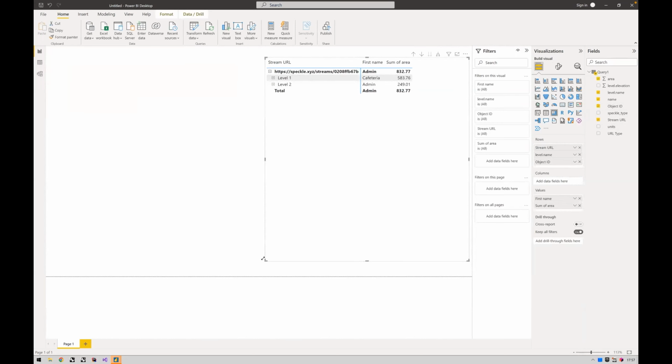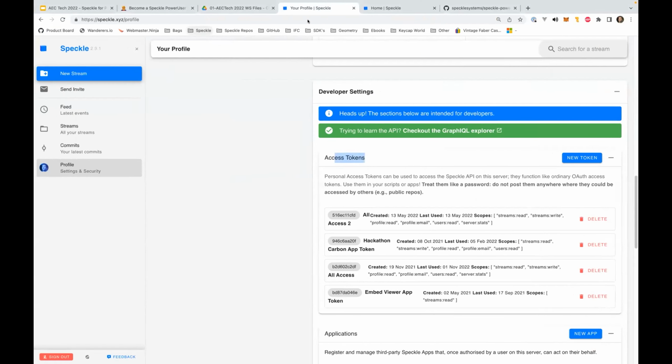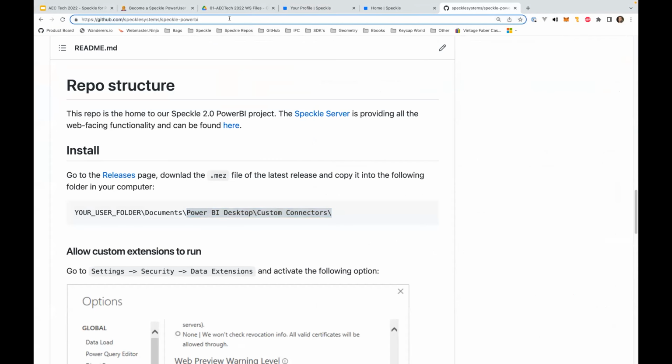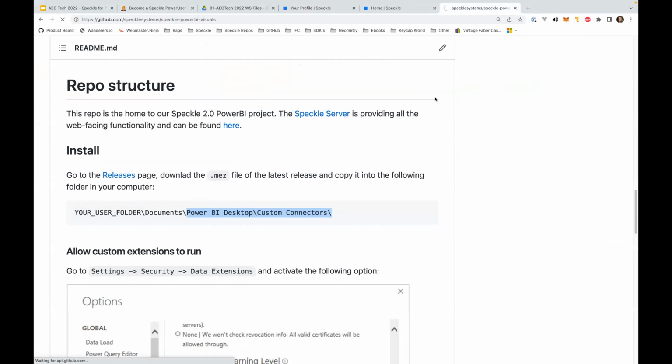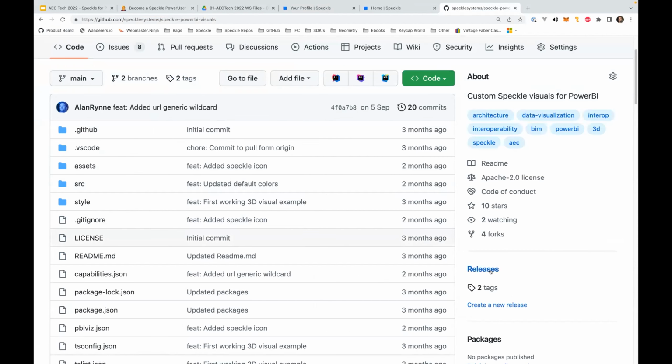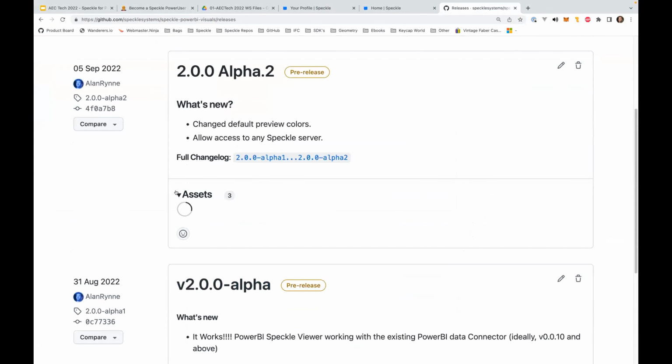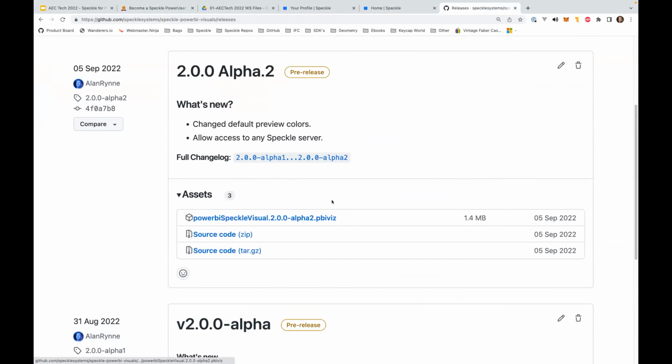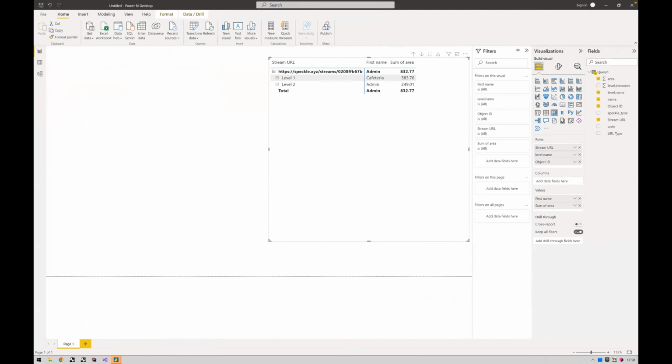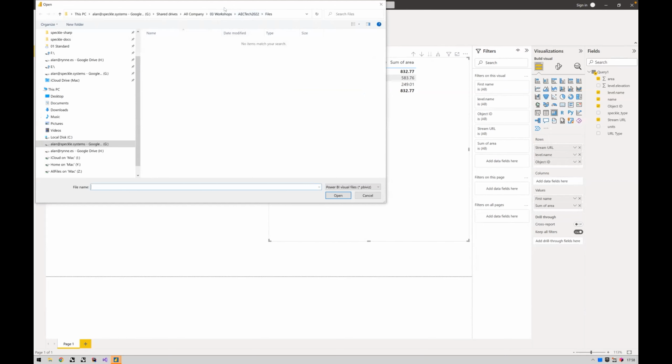But let's go ahead to do the interesting part, which is adding the Speckle viewer. The Speckle viewer lives also on our repo called Speckle Power BI Visuals. And you can also get it on the releases. Just download the PBIVIZ file. And then in order to use that, in your visualizations tab, there is a triple dot icon. And in there is an import a visual from a file option. And this allows you to